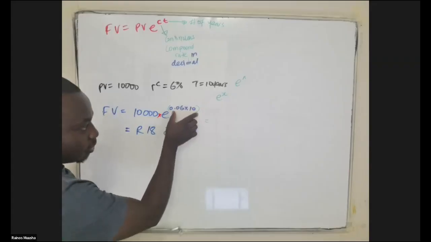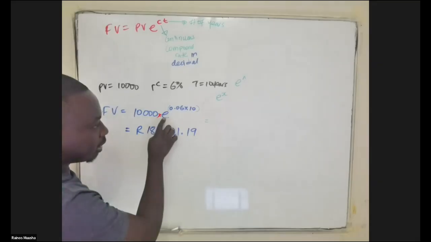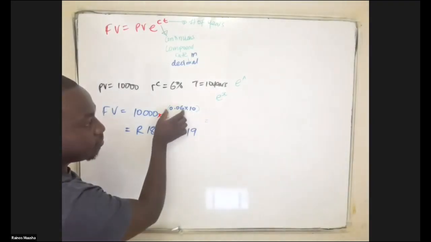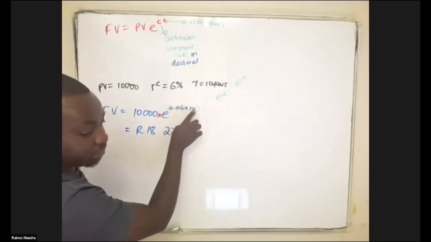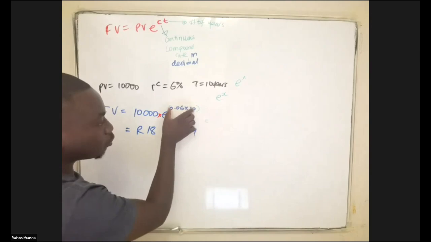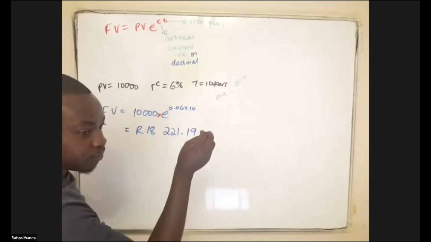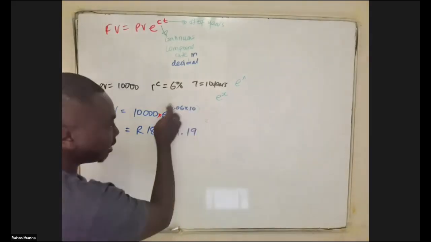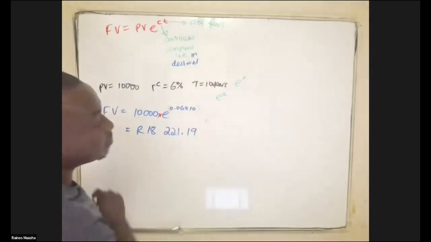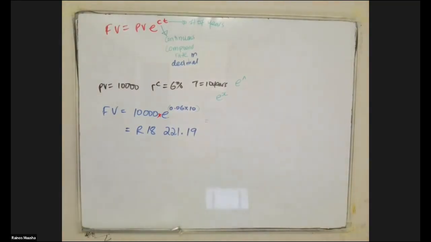Oh, okay. Maybe I made a mistake of not opening the brackets. Thank you. If you don't open and close brackets, you know what your calculator assumes? It assumes that the exponent you're looking for is only of 0.06. But the exponent you are looking for is actually of the multiple of 0.06 times 10. That's why we put brackets, so the calculator knows to use the rules of BODMAS, brackets first. Whatever is in the bracket has to be solved first before you do anything else. Since these are multiplying each other, we put them in brackets because they have to be solved first before we look for the exponent.